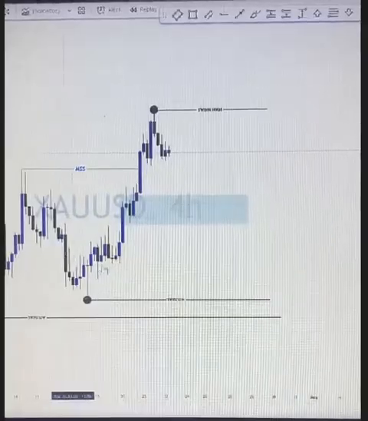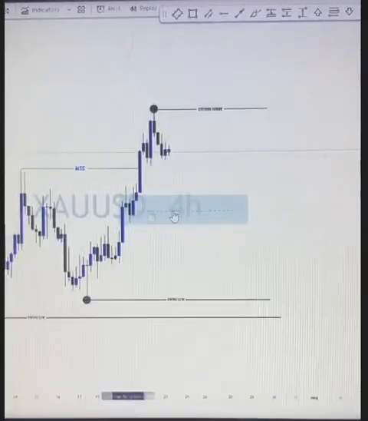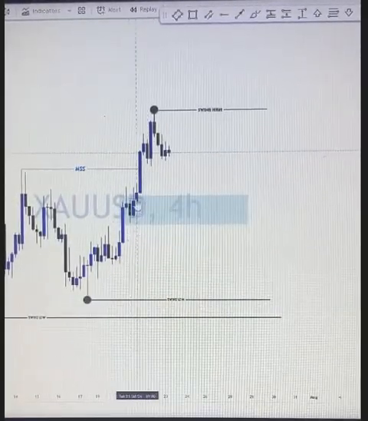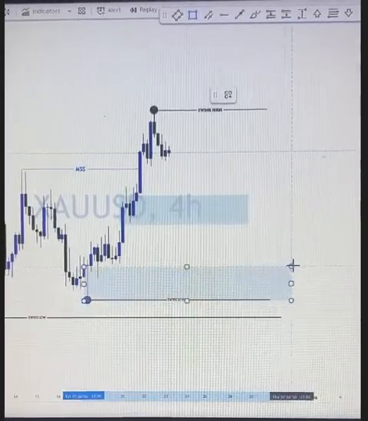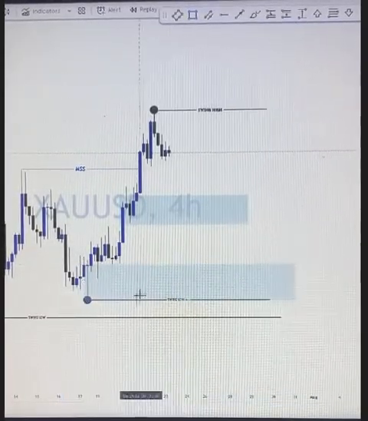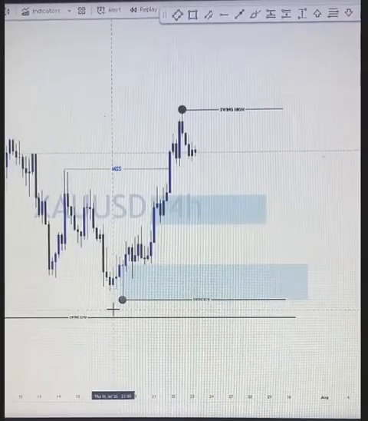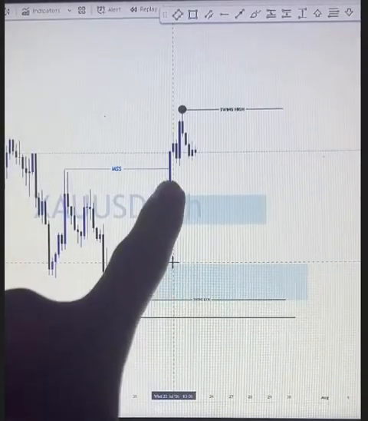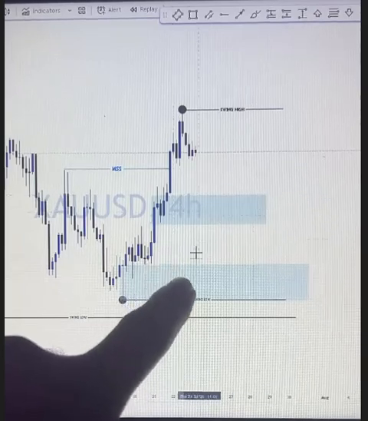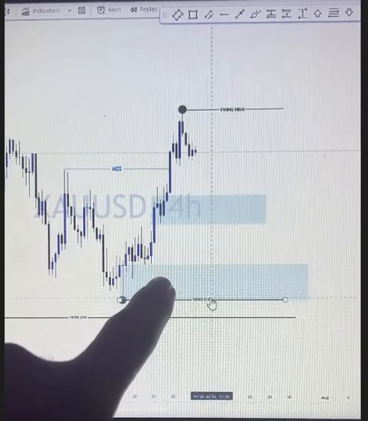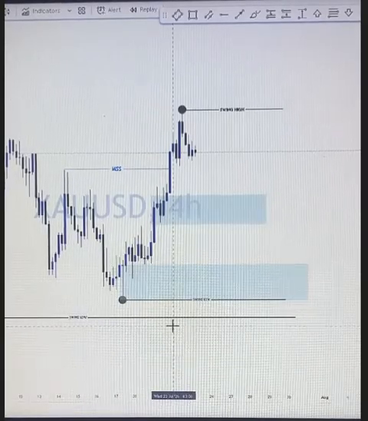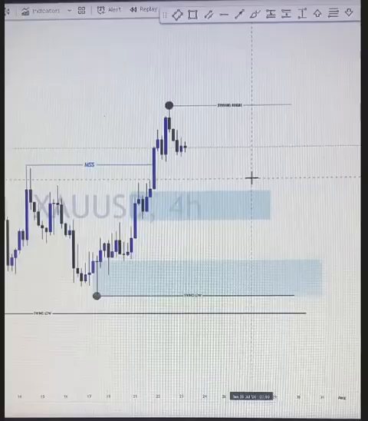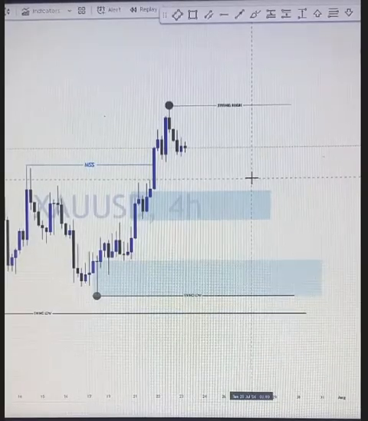Now, you see this key level we marked on daily is also here. It's also a key level right here. Good. Then we have what? Our extreme order block, which is also here. Now, these are our two buy zones. These are the two zones we want to be buying from. It's that simple. All we do right now is what? What do we do next, traders in the house?